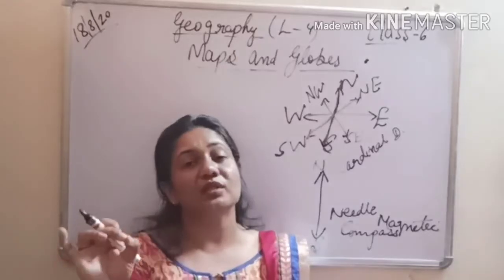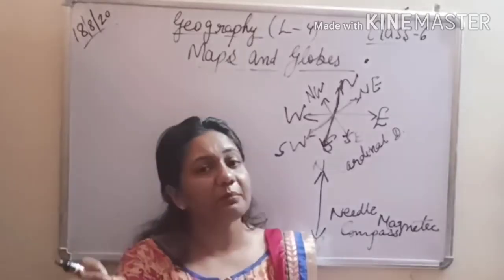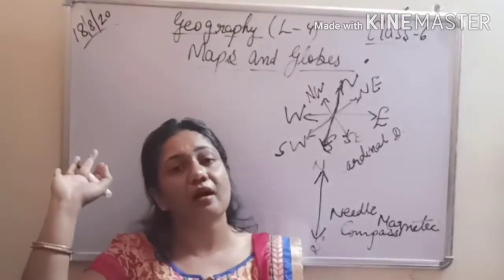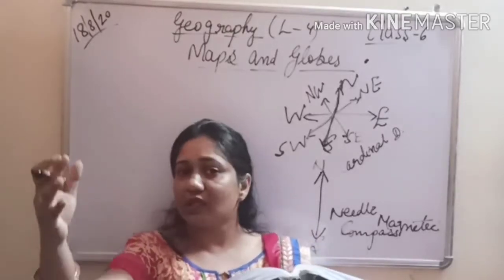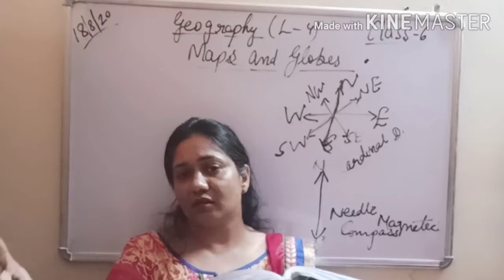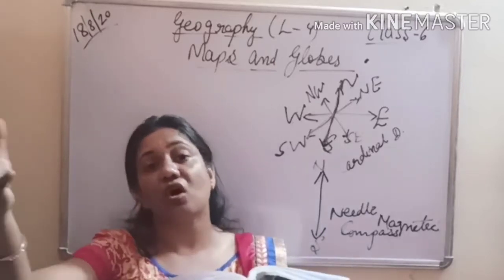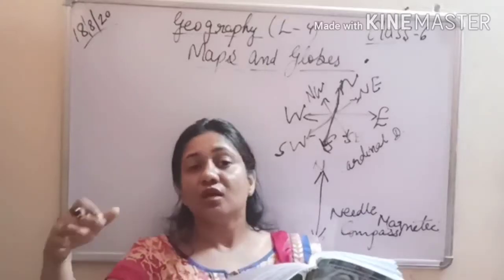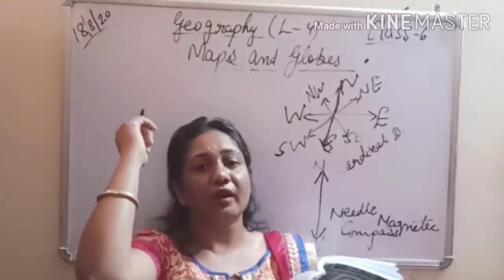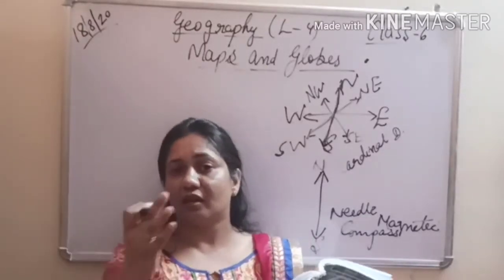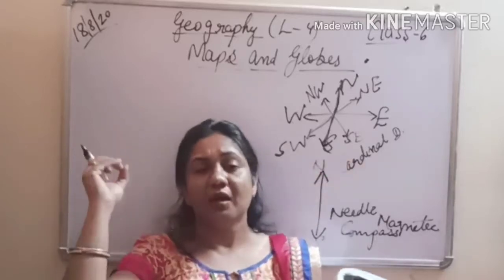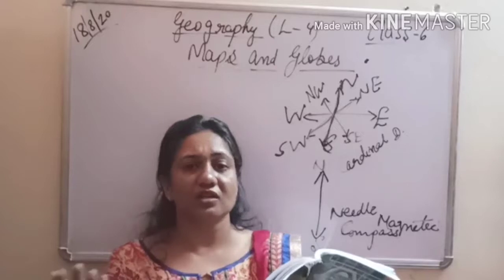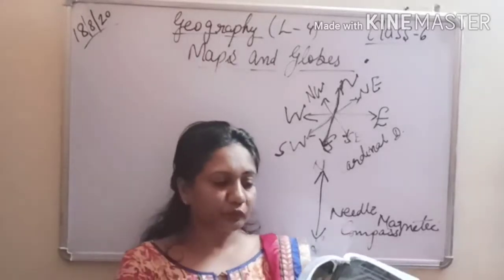So we don't use any sign, any letter, any symbol for it, neither do we use any scale. Simply it is a rough drawing, a freehand drawing. Supposing I ask you, just tell me the location to reach your house. If I have to walk from my house and reach your house, you will just give me a rough drawing of that. Maybe a restaurant is there, a hotel is there, a park is there with some signs. It is just a rough drawing and it is known as a sketch.